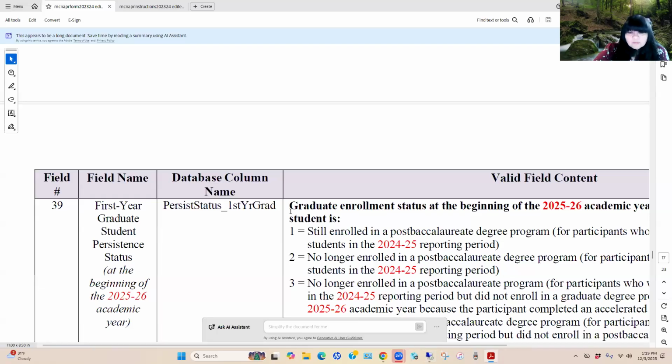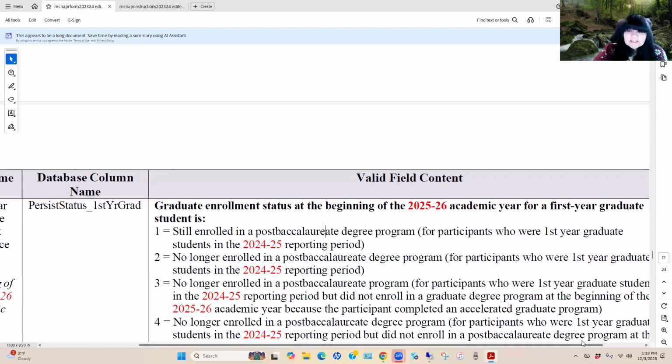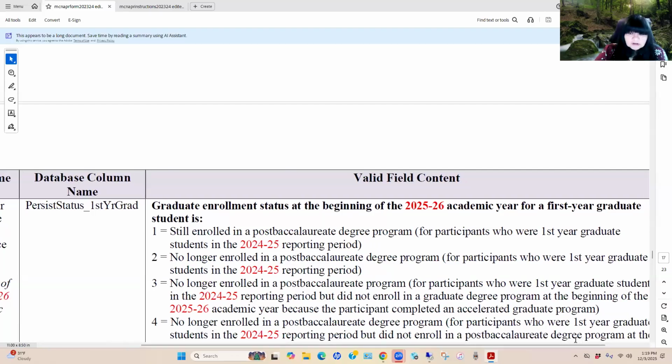So you'll notice that as you look at the field responses that we have available here for this particular field, we can see that for those students who were first year in 24-25, they were a first year graduate student. In the fall, option number one, we're saying they were still enrolled in graduate school in the fall of 25. I mean, they've persisted 1 year. Option number two is that they were no longer enrolled.